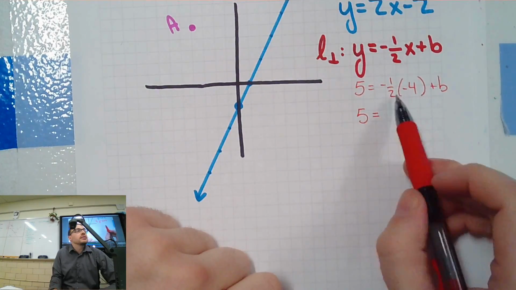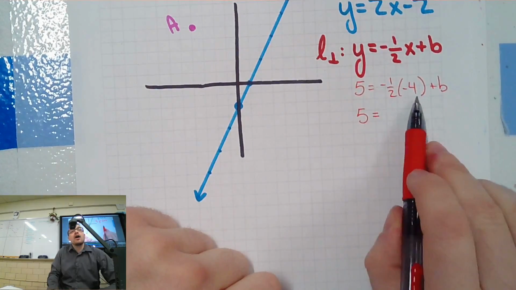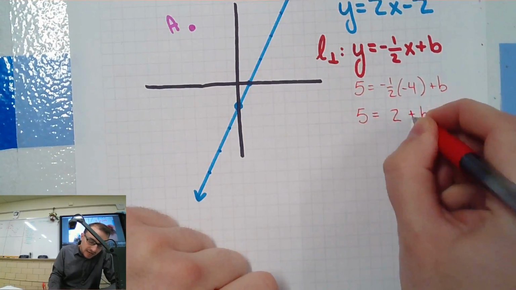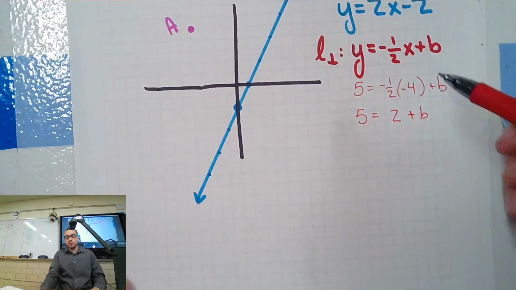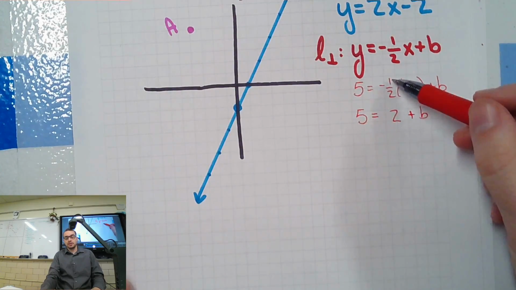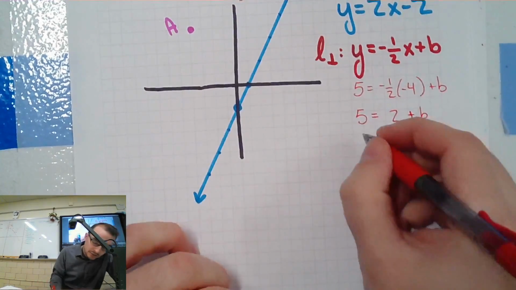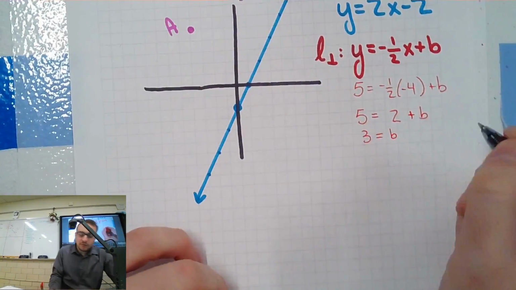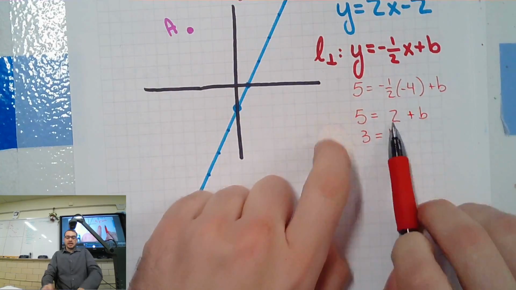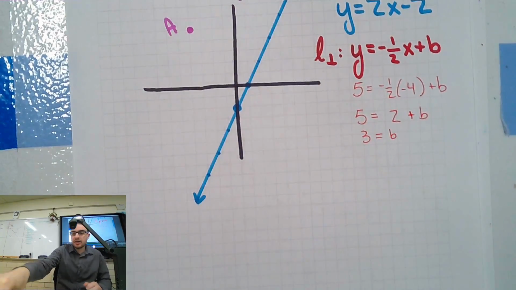Negative and negative makes it positive. Half of 4 is what we're doing here, so that's 2. Remember, of is multiplication, half of 4. If you don't like that, you can multiply by the top, then divide by the bottom. Or you can divide by the bottom, get 2, and then multiply by the top, still get 2, right? Subtract 2, and we find out that B has to be 3. So in order for negative 4 to pop out 5, B has to be 3, which means our equation,